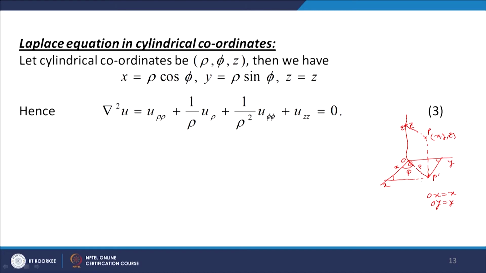Now this is x, this is rho, so x equal to rho cos phi, y equal to rho sin phi, and z equal to z. These coordinates rho, phi, z are called cylindrical coordinates, and they are related to the Cartesian coordinates x, y, z by the relations x equal to rho cos phi, y equal to rho sin phi, z equal to z. And so from here we can see x square plus y square is equal to rho square. Now we have the del square u is equal to